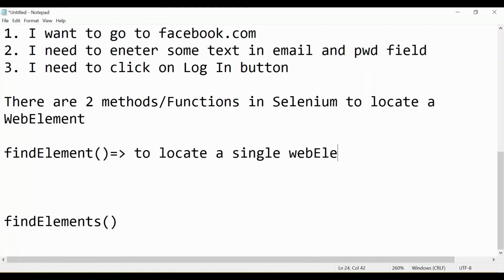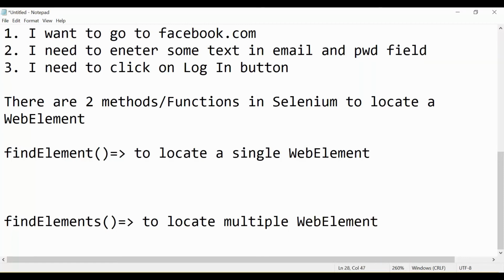And find elements, as you can understand, will be used to locate multiple web elements.